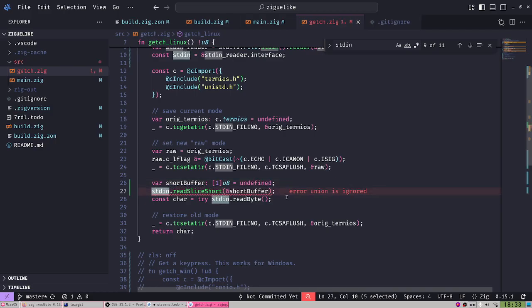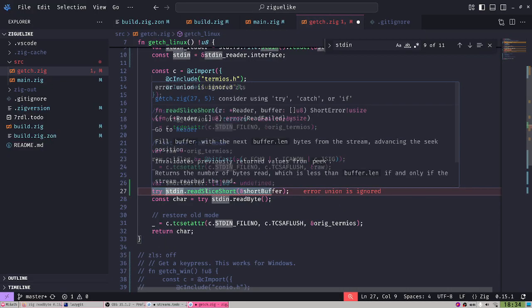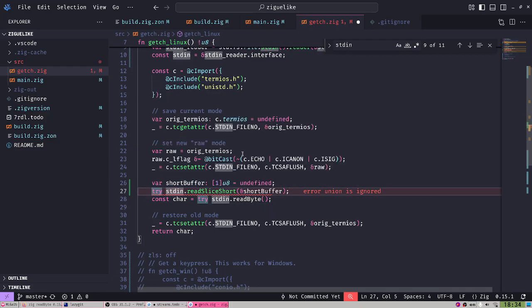We're gonna try read slice short, and this returns what? A slice of U8s with an error, right? No, it actually returns a size. What the fuck? Fill buffer. Oh, right. Well, yeah, I'm just supposed to. Error union is ignored. So I'm just gonna do this.